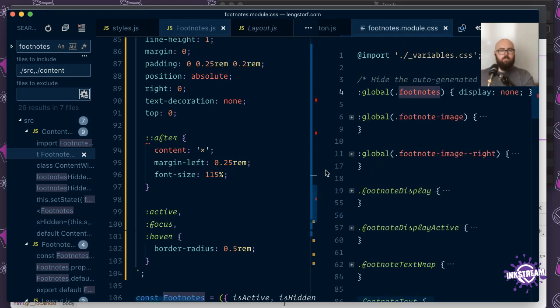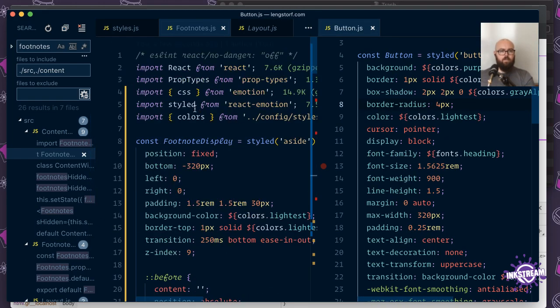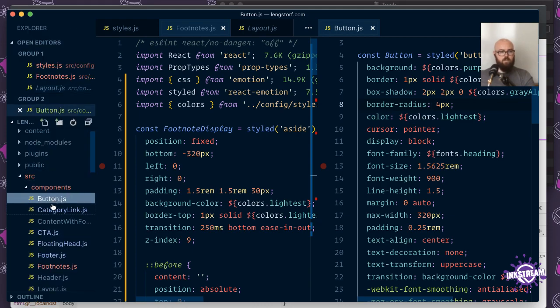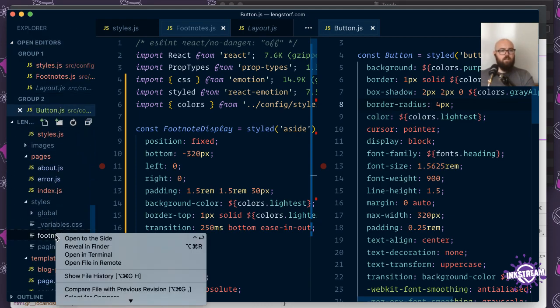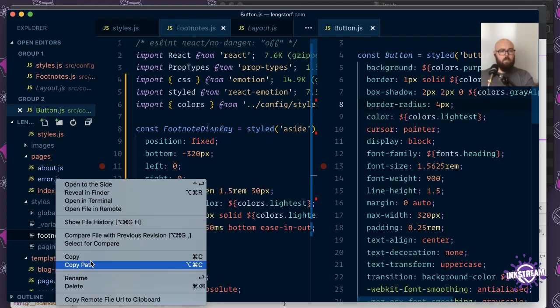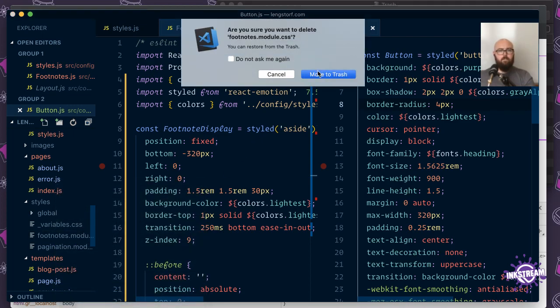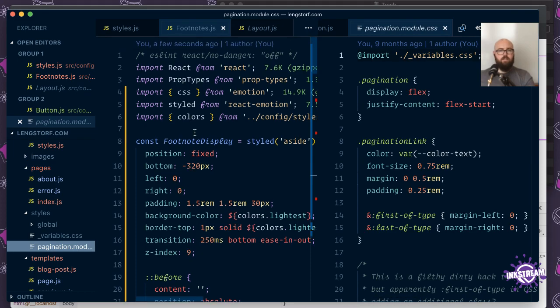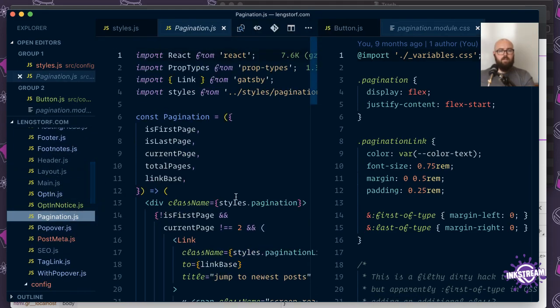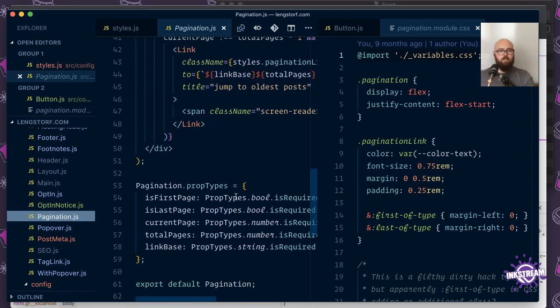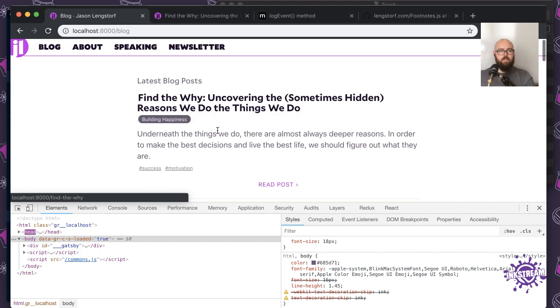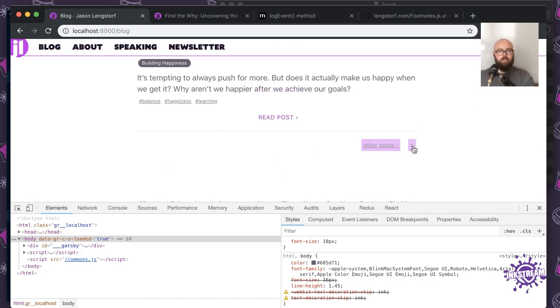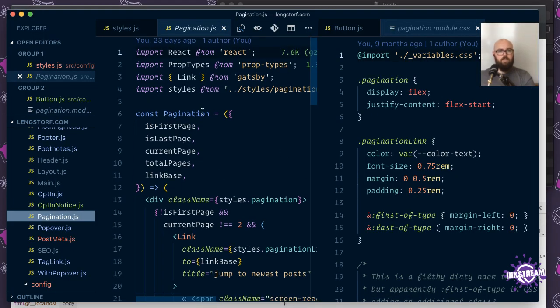So we've got our footnotes. We can now delete that footnote module, which is super exciting. And I think we're down to pagination and that's it. So let's delete this. Get to that pagination. Pagination is where? Here? Okay, and so the pagination as it's set up now is down here. It's a pretty rudimentary setup. So let's take a look at